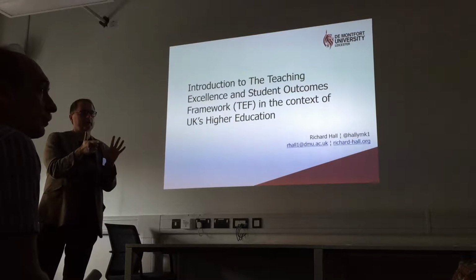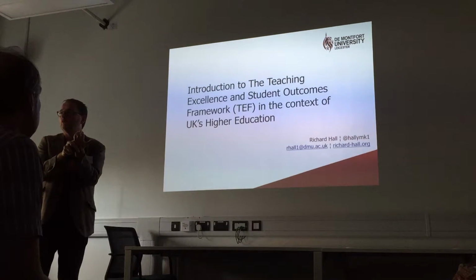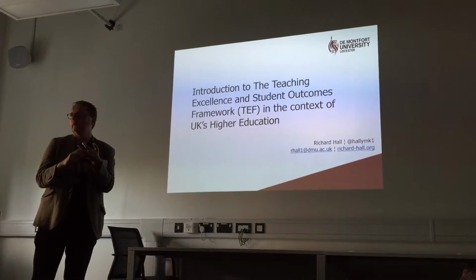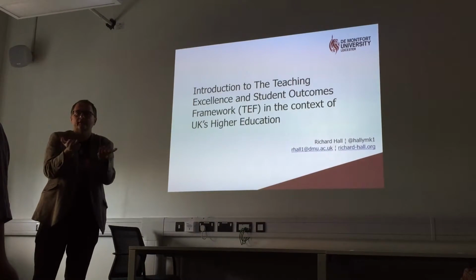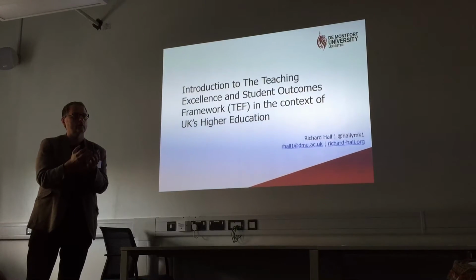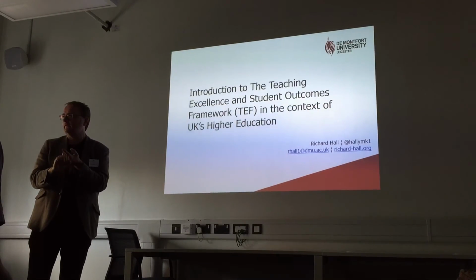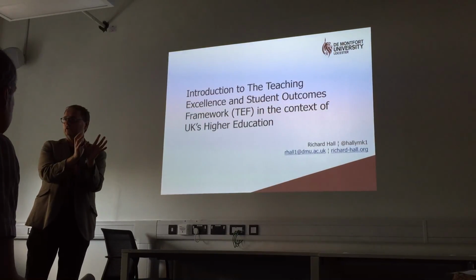So the first one is about research. Effectively, how good is your subject area at delivering research? And that research is about the outputs of things you've written, or the coding you've come up with, the programming you've come up with, the things that are published. The second thing is about impact. So it's, well, that's great, you've written this paper on artificial intelligence, but so what? Has anything changed because of it? And the third is, what does the environment look like? What does the culture look like inside which you are researching? Have you got PhD students? Have you attracted funding? Do you have seminar series? Are there a lot of projects going on? So there's all of that. The first one is about research. The second one is about